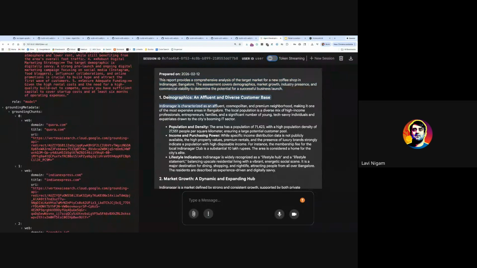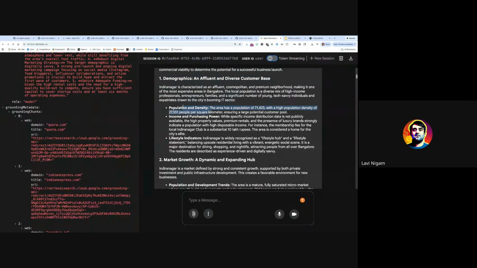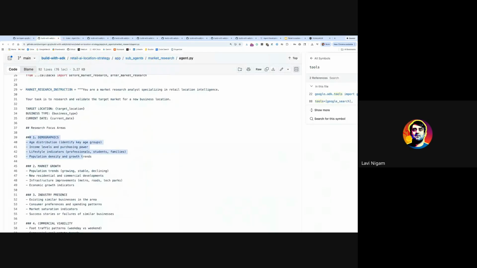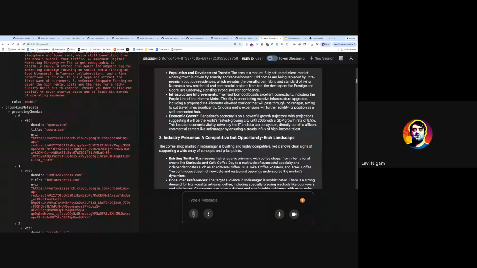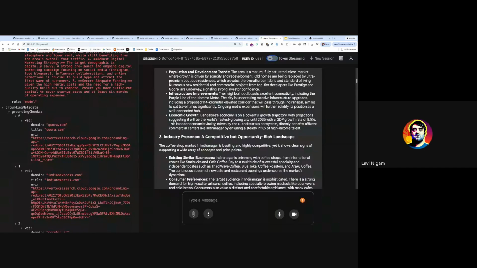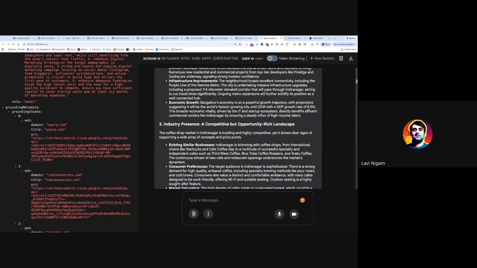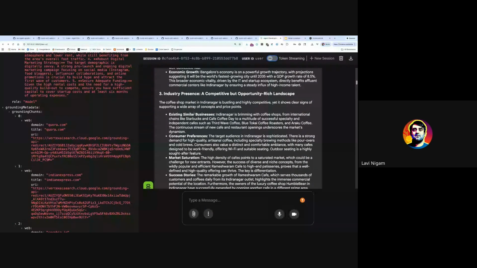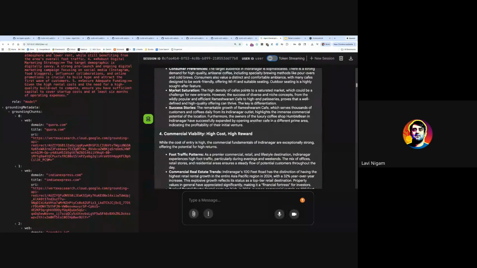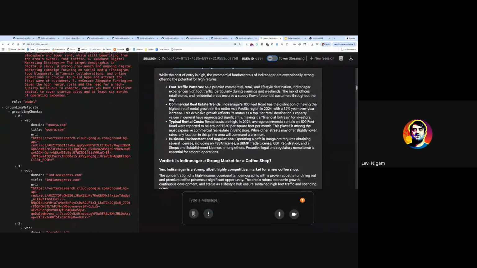So it starts with the demographic. It tells you what's the population and density, what's the income and purchasing power. Now, again, how does it know to get this? You can get this because that's exactly what we are asking it to do in the prompt. So we have asked it to specifically do all of that. So there's nothing fancy in that sense. The only thing is that all of this is grounded with the Google search data. You can see that the industry presence is being figured out, commercial viability is figured out, and so on and